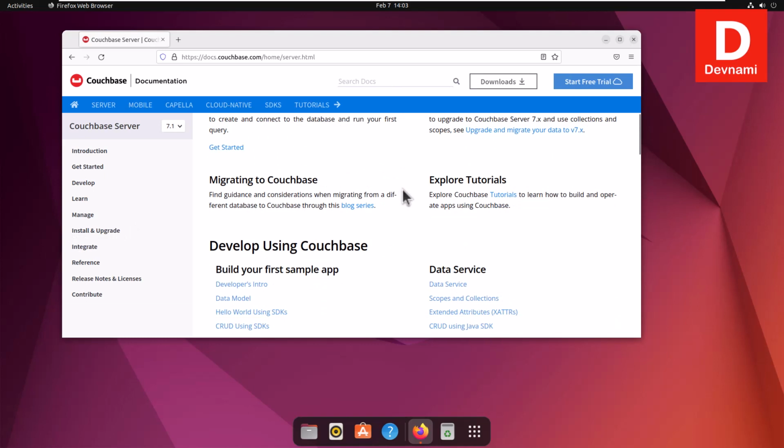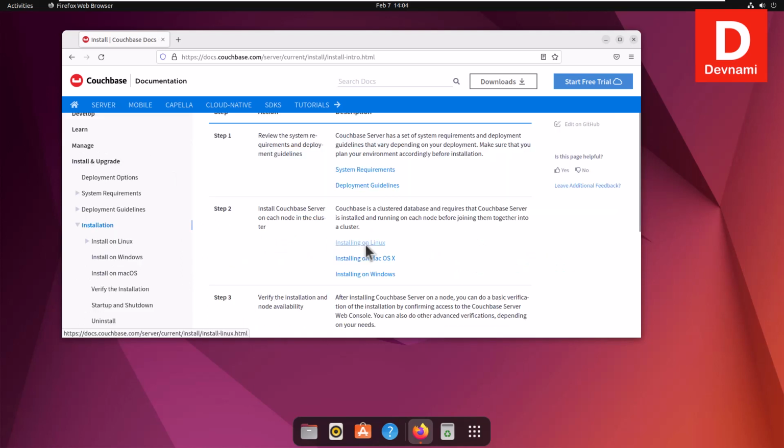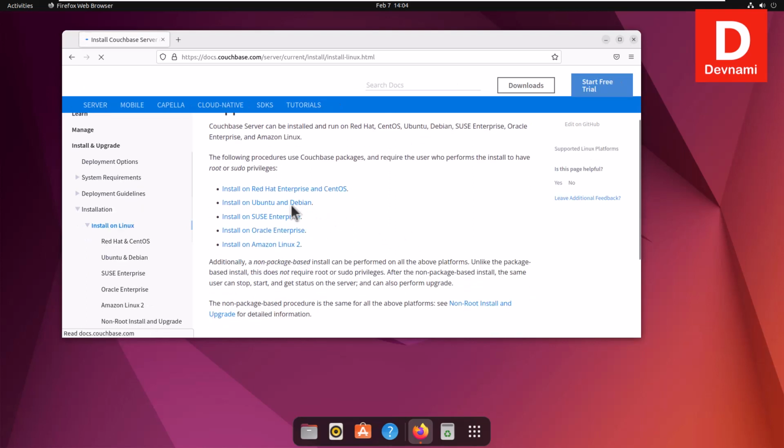So what you will do is check this particular option, right? So installation, and here we will have to search for installing on Linux, right? So let's wait for it to show me the page for Ubuntu and Debian installation,